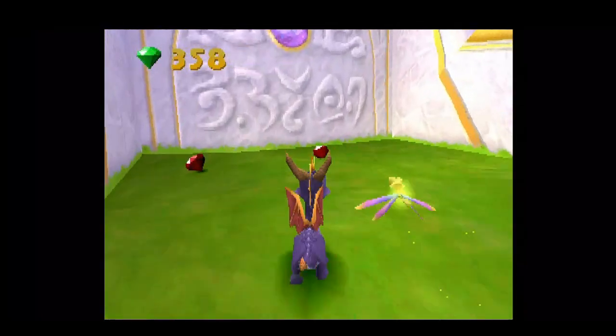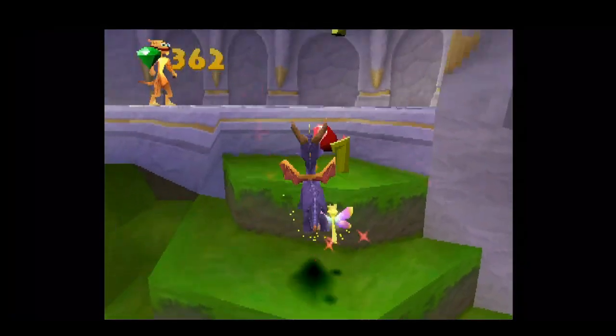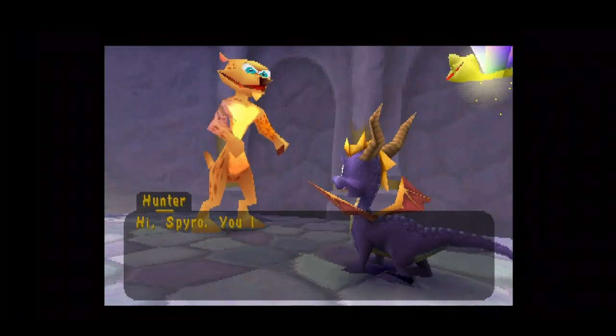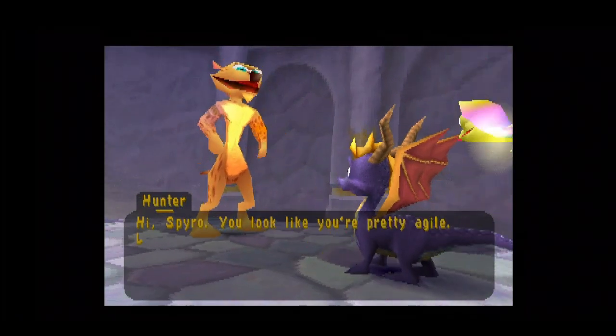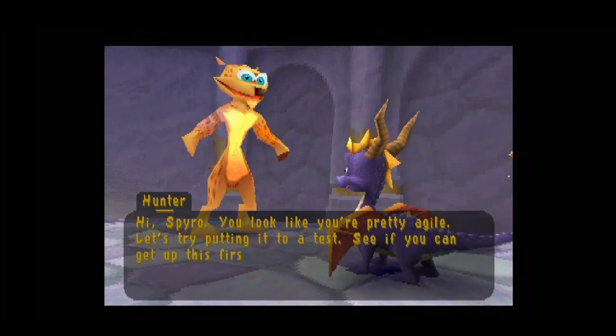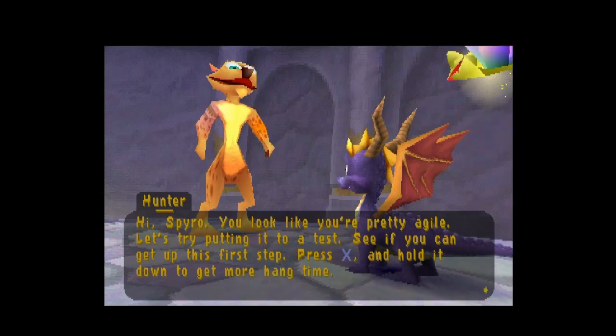I think the denominations are still the same as they were in the last game. And Hunter is going to teach us about gliding and stuff. They actually made a mini game out of this. Well, it's not really a mini game, but you do get an orb for doing all these gliding challenges. Jump over to here and jump there, and how to press X. And they actually did add a new